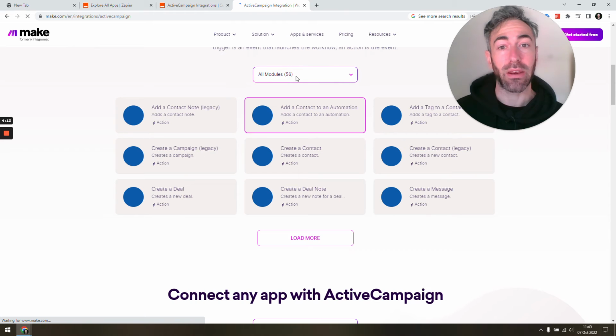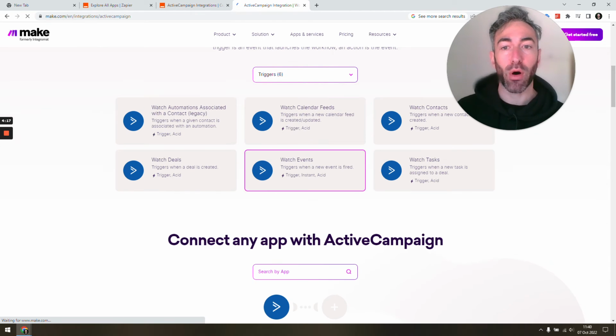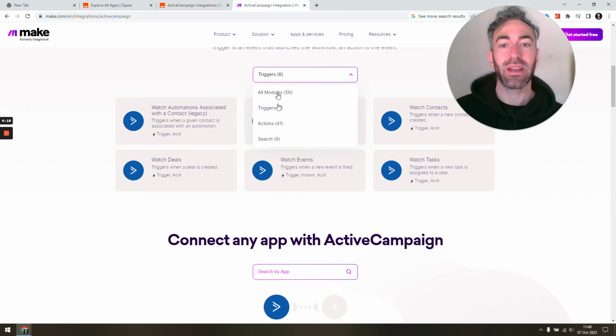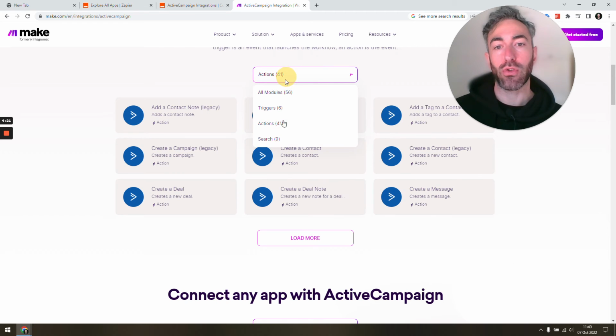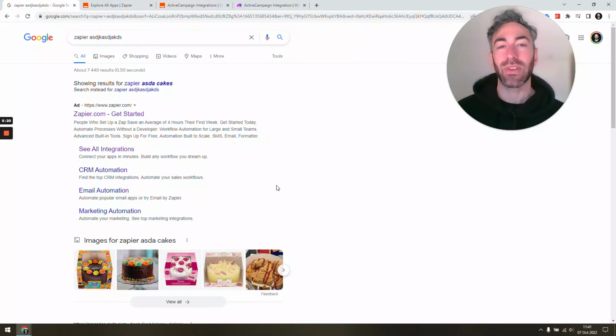So you can see here again, they call them modules, but you have the triggers again. So it's like the if part, watch for the various things, and then it's the actions. What can you do? Searches, same thing. So again, I'm a big fan of Zapier, but you can do the exact same thing, and I would take the exact same approach if I was helping a client with Make or Integromat, if that was the tool they were already using. This was a quick video just showing you how even myself, as someone who works actively with